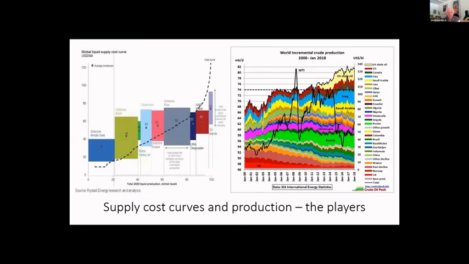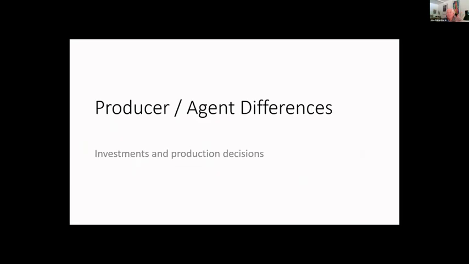Again, very simple. This is kind of macro, but just reminding us the low-cost supply curve is over here with OPEC and the Middle East. The higher cost is over here. And here are all the different producers. Here's shale coming in. There's Iraq. We had Iran shut out, and then you have Venezuela being closed down. So essentially, just looking at the largest producers there, you say, what are they doing? How are they investing, and why?